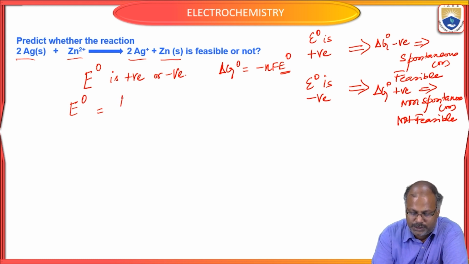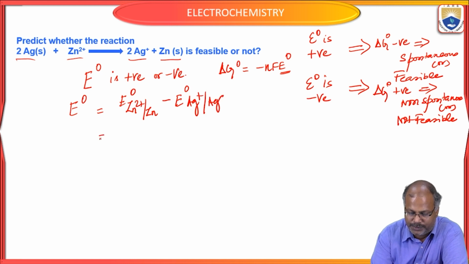So E naught of zinc 2 plus by zinc minus E naught of Ag plus by Ag, which is equal to minus 0.76 minus